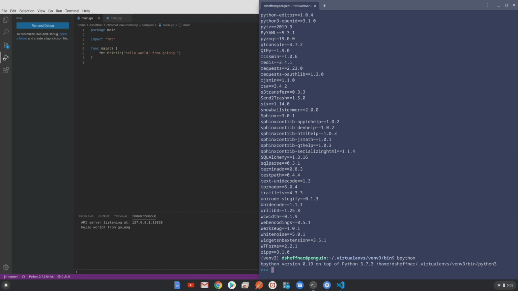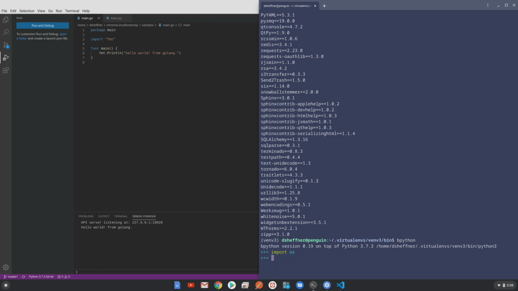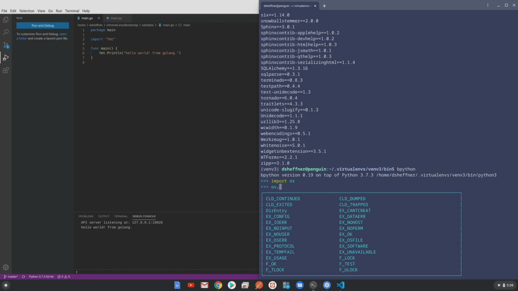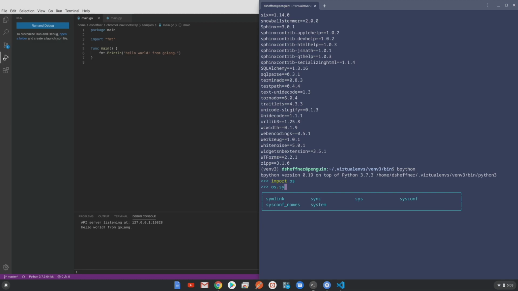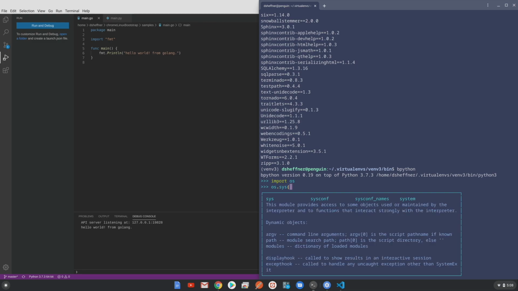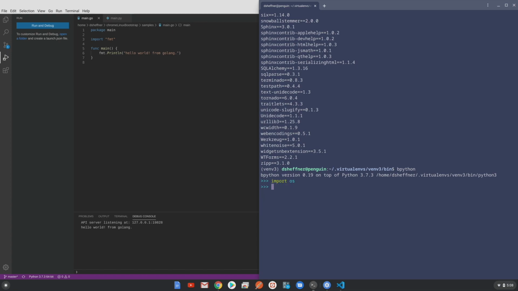So this is an interactive terminal, and instead of it just being dumb and not knowing how to help you out, this one actually has code completion, which is really nice. And I haven't seen this in too many other things. So if I do import os and then I do os dot, it'll bring up all the commands. So if I want to do sys, and then it'll actually tell me the documentation. So that's actually a really good way to learn a module